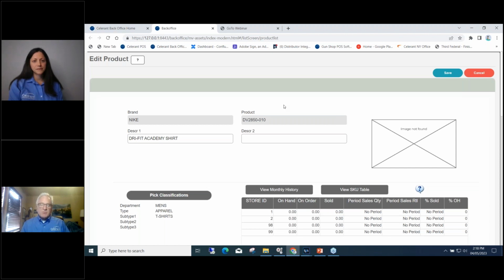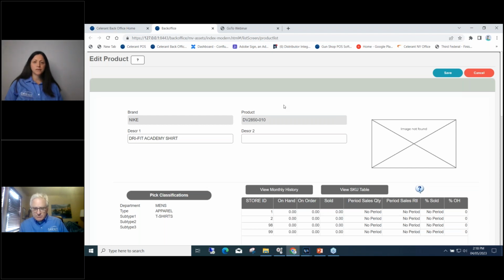So we have a product import, which is similar to Import Star, where you're mapping data from the vendor CSV file to the appropriate fields in Cumulus. But the import program in Cumulus is a lot more intuitive than what you see in Retail Star. And then the third way of doing it is through the vendor integrations, where you can actually look at the